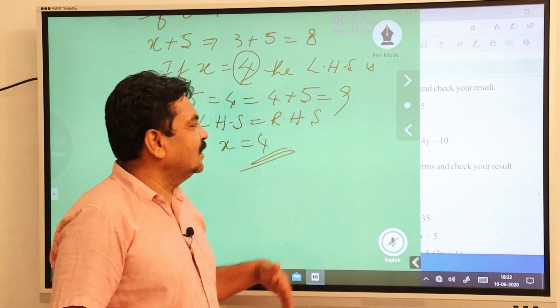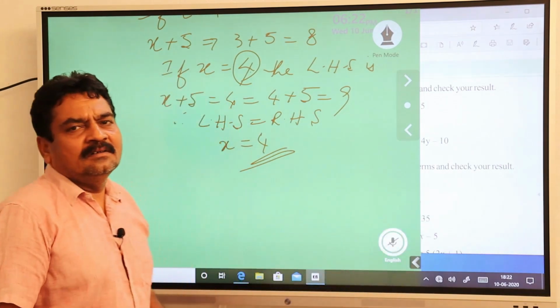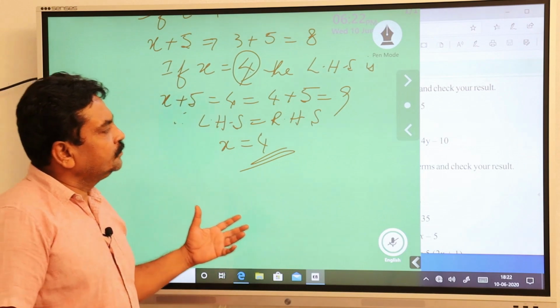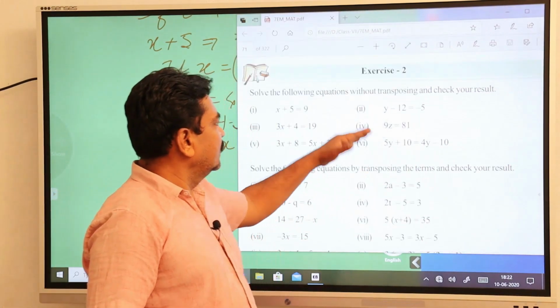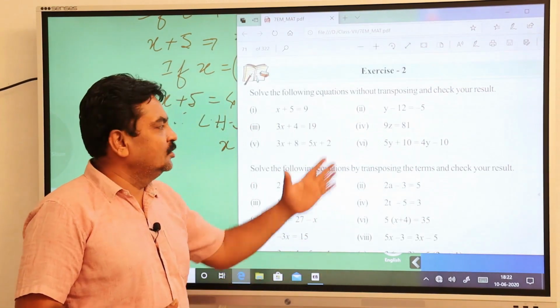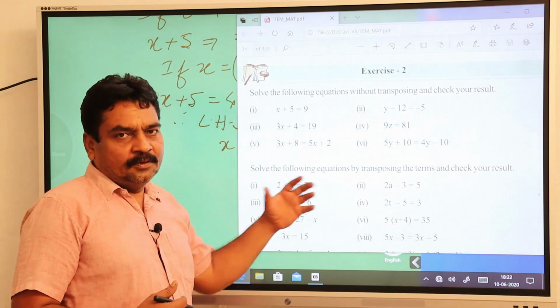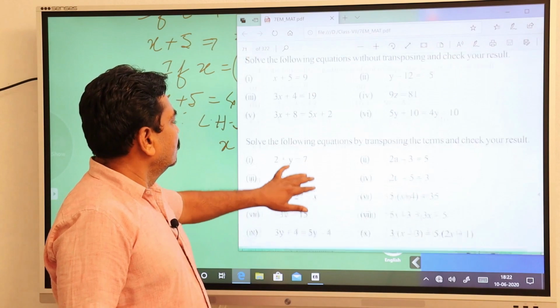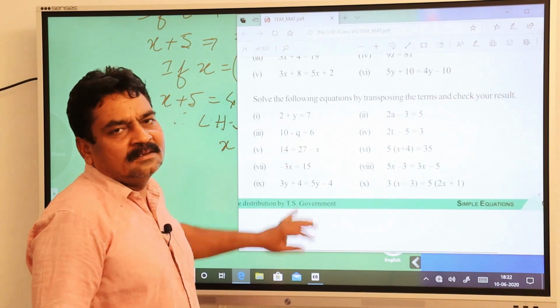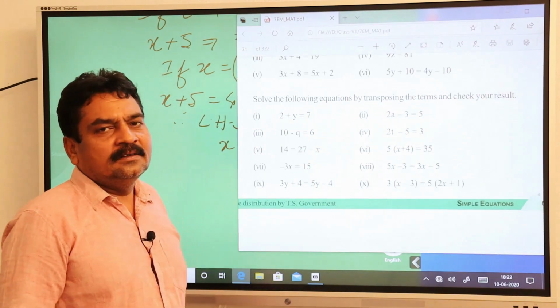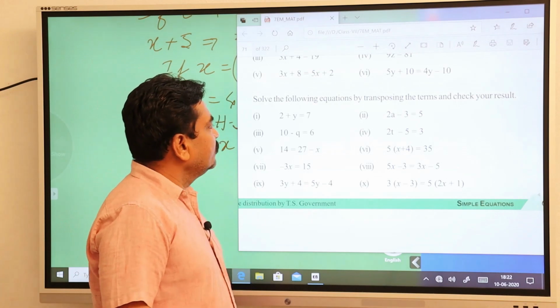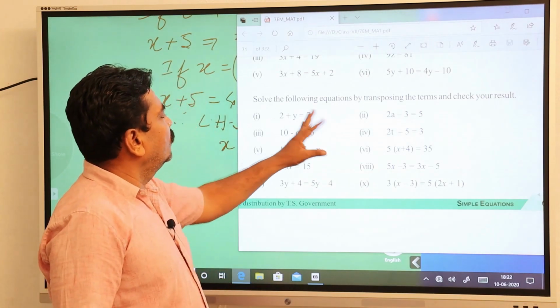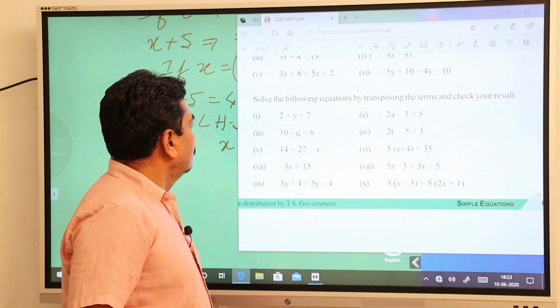In that way you are going to do it. It is nothing but a repetition, so you can do the problems. I'm just leaving this for you because it gives you good practice. If you do all the problems, they are all similar to each other. The concept is the same, the values are different, so please think it through and do it. Now I'll do two or three problems from this.